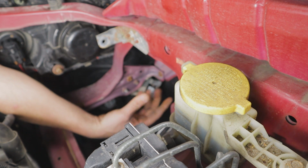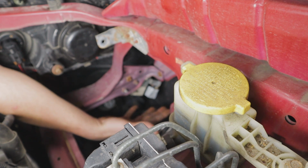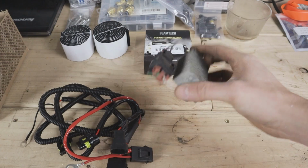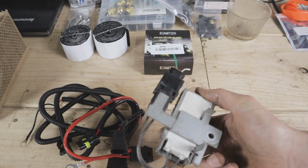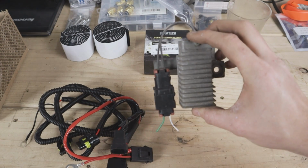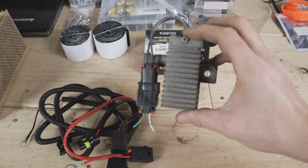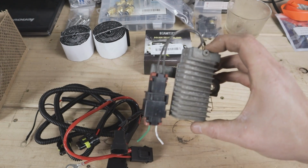Now we're going to go over to the workbench and show you how, in theory at least, I want to wire this up. So this is what we're going to be building our kit from. For the sake of convenience, I jumped on eBay and bought a whole new resistor. I could have run to my local U-Pick salvage yard and probably saved 10, 15 bucks, but for about $35 on eBay, the cost of convenience having it delivered right to my door, we have this,